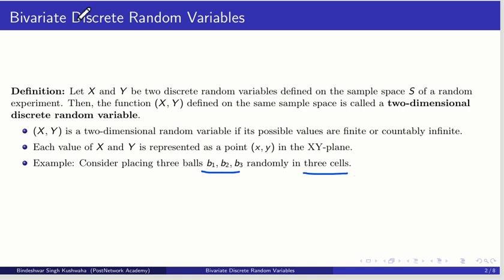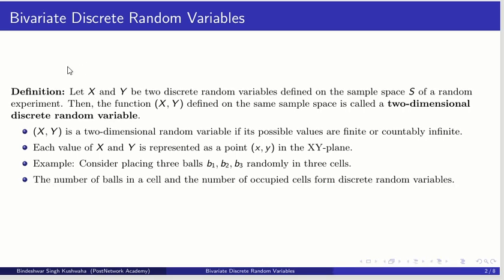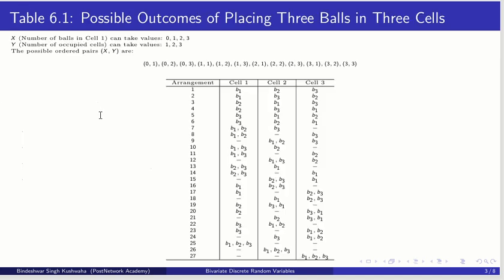here we'll see how we will define these two random variables. The number of balls in a cell and the number of occupied cells form discrete random variables, and that is a two-dimensional discrete random variable, or bivariate discrete random variable. We'll see that here. See how we are defining X: the number of balls in cell 1, that is X, and the number of occupied cells,